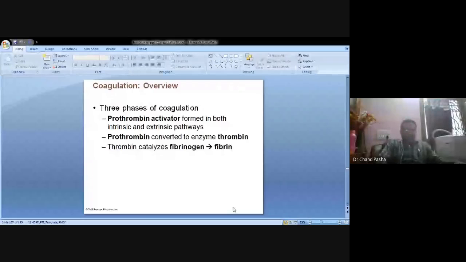And the second step is, see, thrombin is an enzyme, and that is there in the form of inactive prothrombin, and this prothrombin is activated into thrombin in the second step. And in the final step, whatever this activated thrombin is there, it converts fibrinogen into fibrin. See, a little amount of fibrin is available in the blood in soluble nature. So this active fibrin binds with the